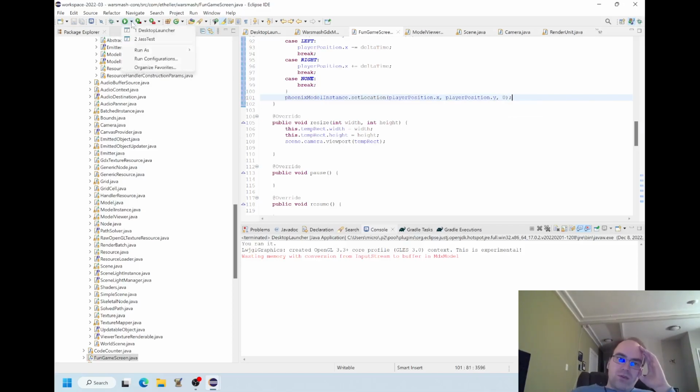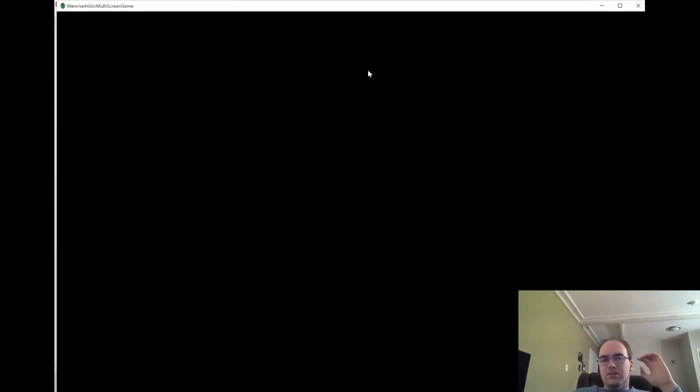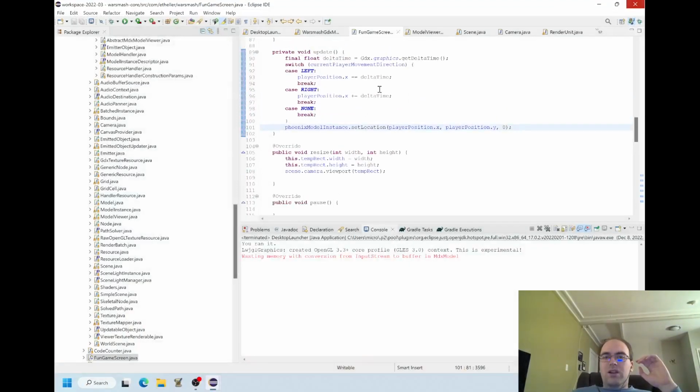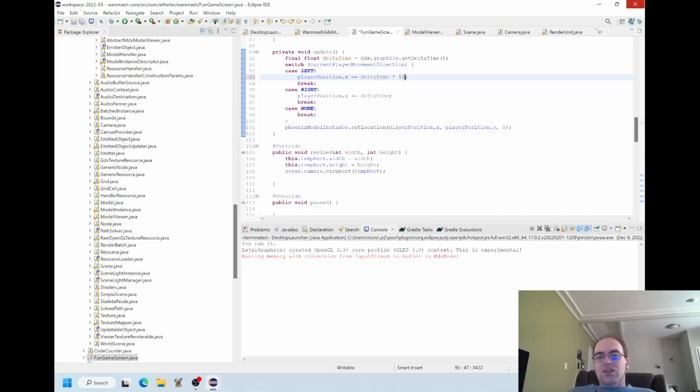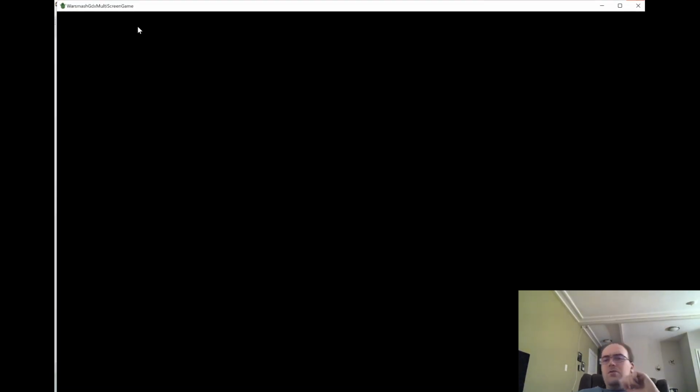And so now it should be interactable to where we can use left and right arrow keys to actually move this little Phoenix back and forth. And I think it might be working, but it's going horribly slow. So this points out what is the rate the Phoenix moves. Right now, because I'm moving at only delta time, that means 1 unit per second. But actually a unit would be very, very tiny. This is not a unit like a Warcraft 3 combat unit, it's like a unit of measure. And so in the unit of measure, I want 128 per second. That's going to be about the size of a farm per second.